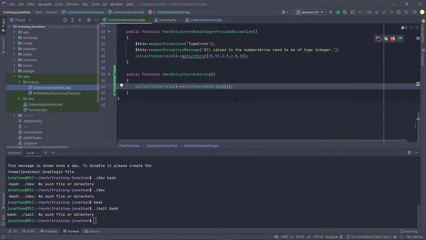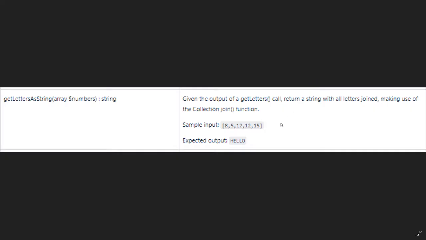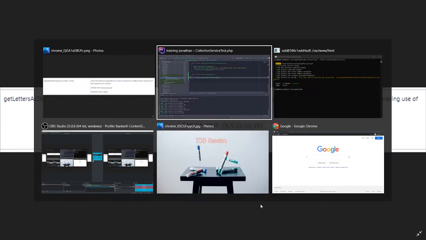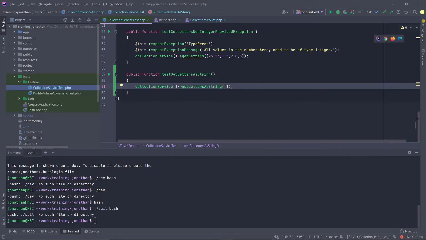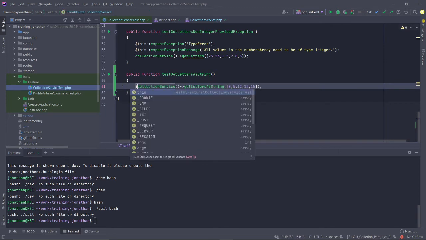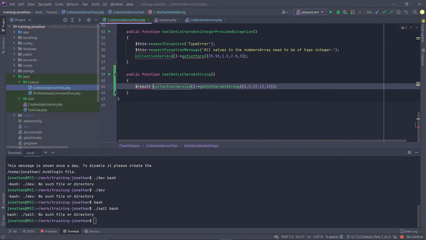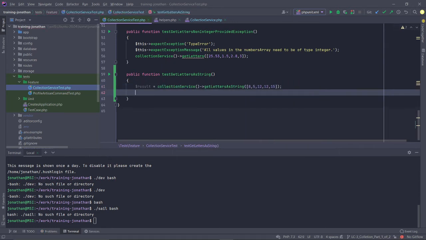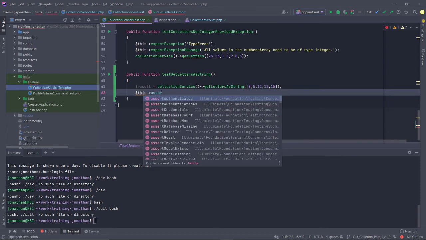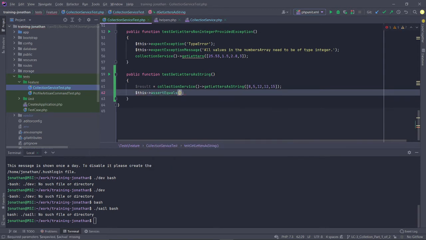All right, but we do have the function and it is passing, so now we need to make it fail again. So let's have a look at that. So there's 8, 5, 12, 12, 15. 8, 5, 8, 5, 12, 12, 15. This is the result equals, and then we are going to try and assert equals,